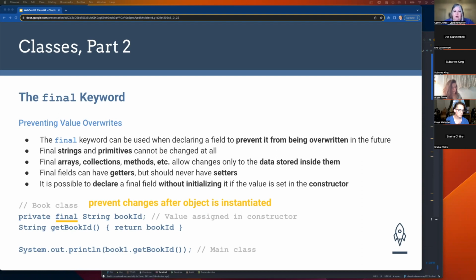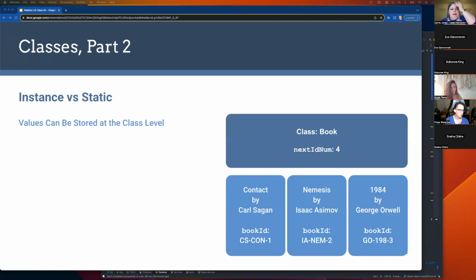Okay, now let's talk about instance versus static, because as you know from before we started talking about object-oriented classes in Java, when you guys were first learning this, the first couple of classes, for instance when you did the area class and the circle class, you were calling values that were stored at the class level. There were no objects of the class, right? So